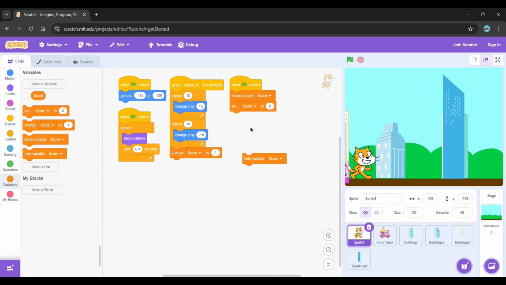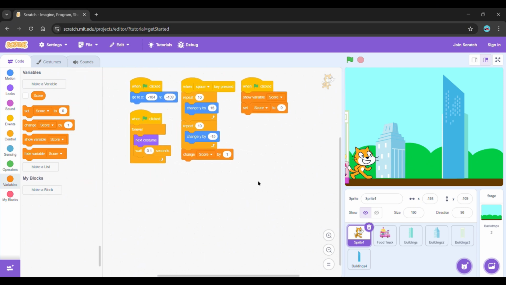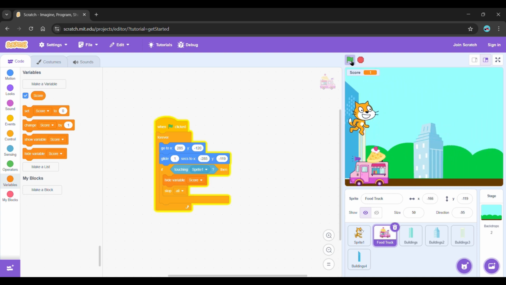As you can see here, every time we lose, we will hide the variable. Let's say every time we lose, let's hide the variable. Let's try it. Now, let's see.